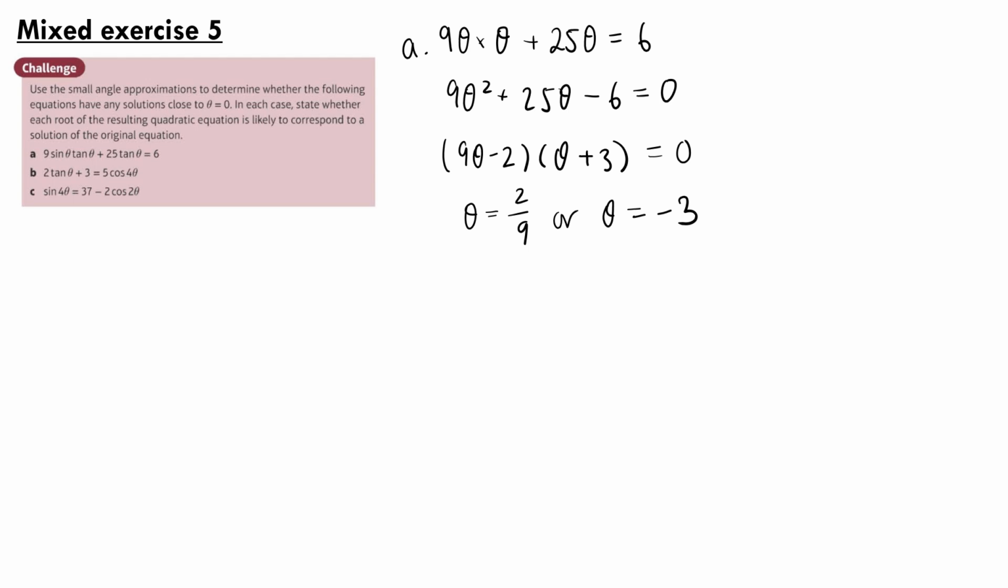Now, which of these are valid? Well, theta equals 2/9 is pretty small, so that's a tick, but minus 3 is a bit too big, so this is probably not a solution to the original equation. Okay, for part B,